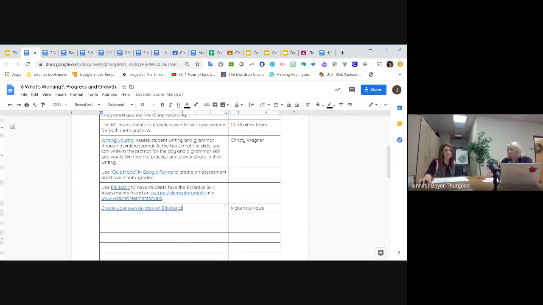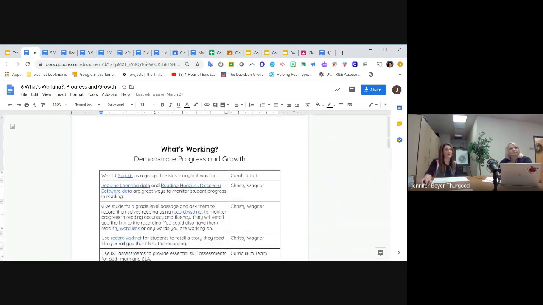So we've got Gimkit. It's kind of a newer and lesser known one, but I know that Carol Liptrot, 5th grade teacher, has used it several times and loves it. I also know that several of the 1st grade fellows have used it, so it's good for all different ages, and it works kind of like Kahoot. It has a game feel to it like that. There's also one called Flippity, which is kind of fun to use. So those are great options to those others that we've noticed. I seem to be getting lots of emails from these types of companies, but it's because they collect and sell that student data. So just be super, super careful there.